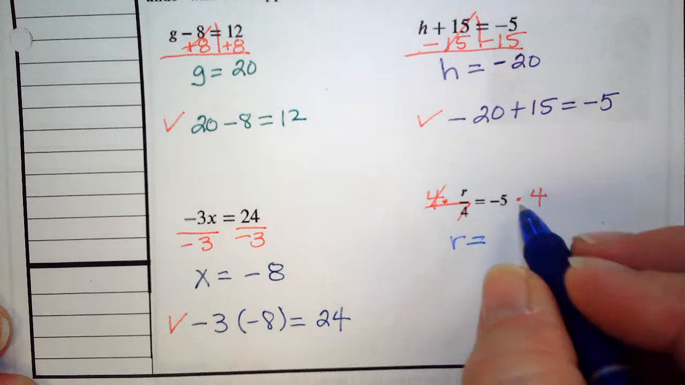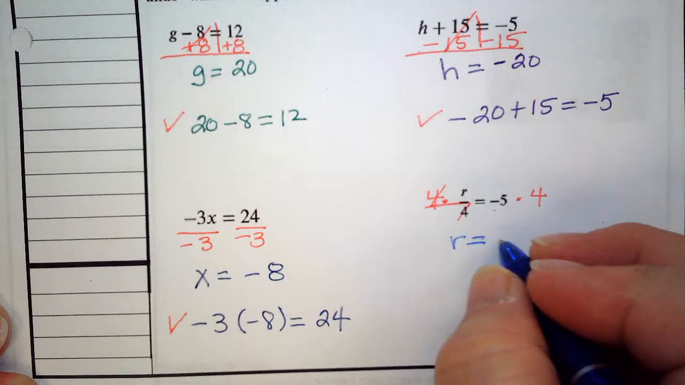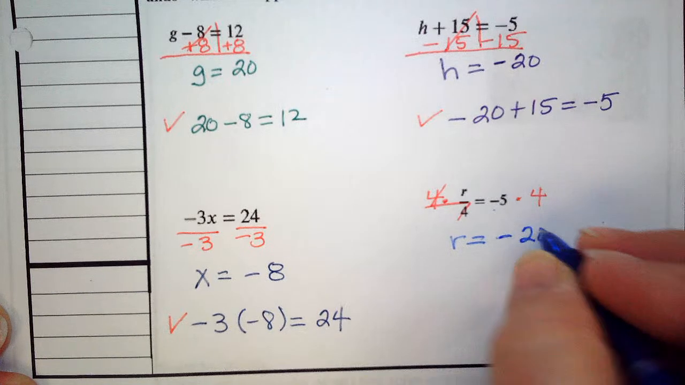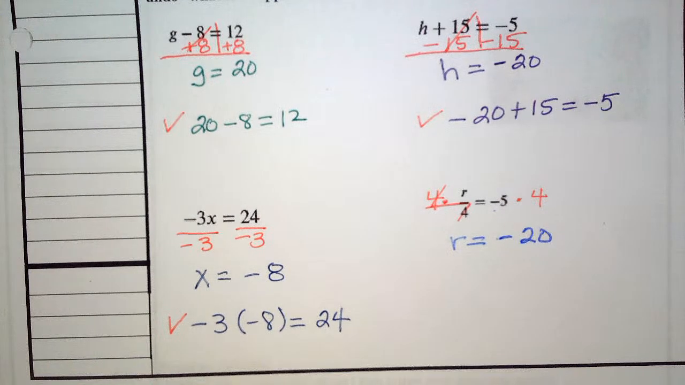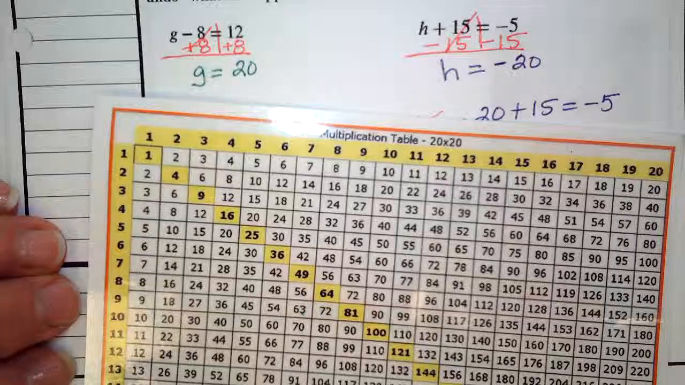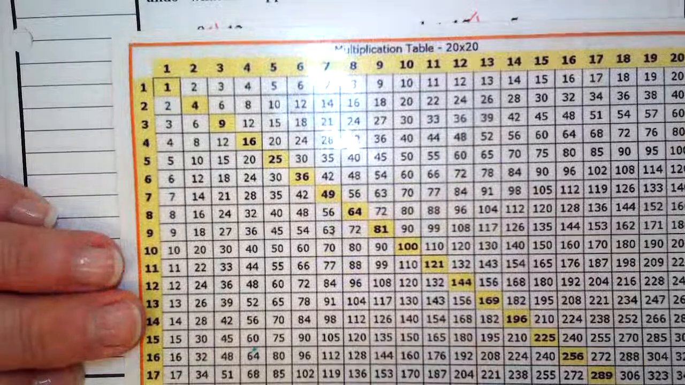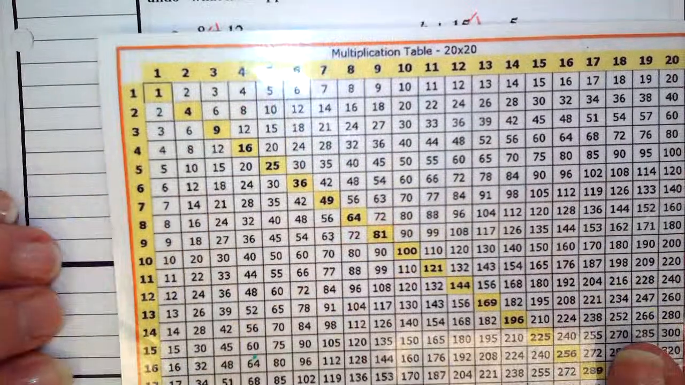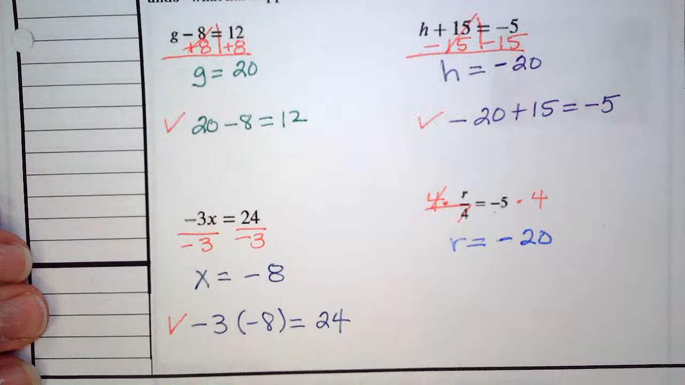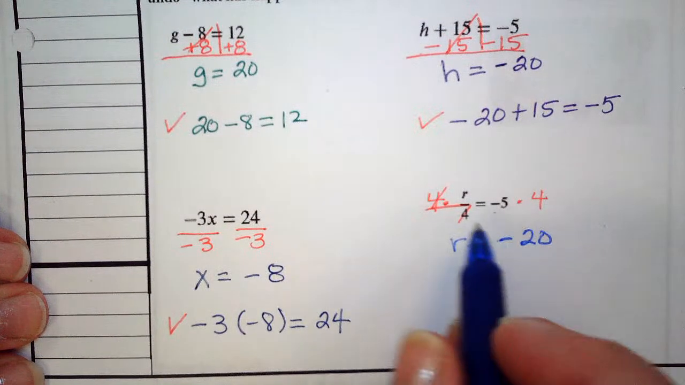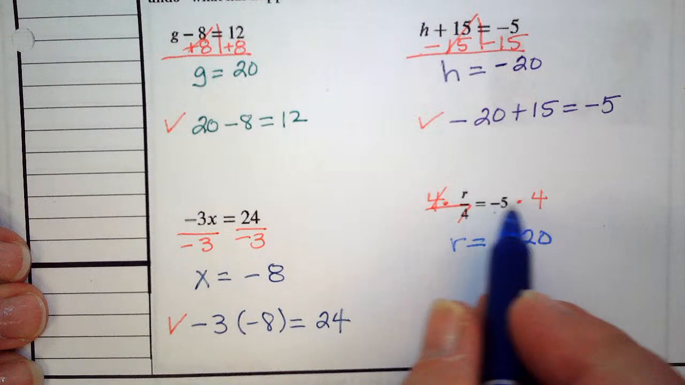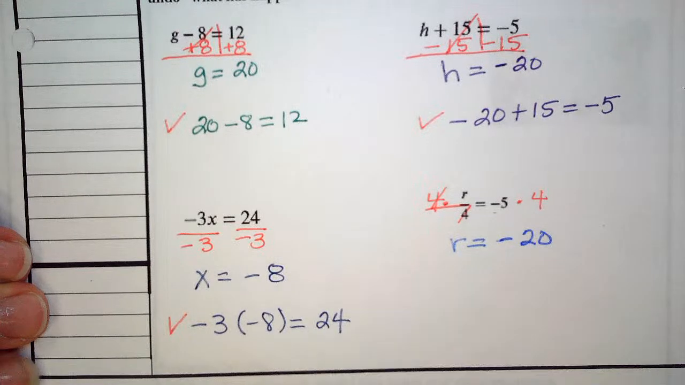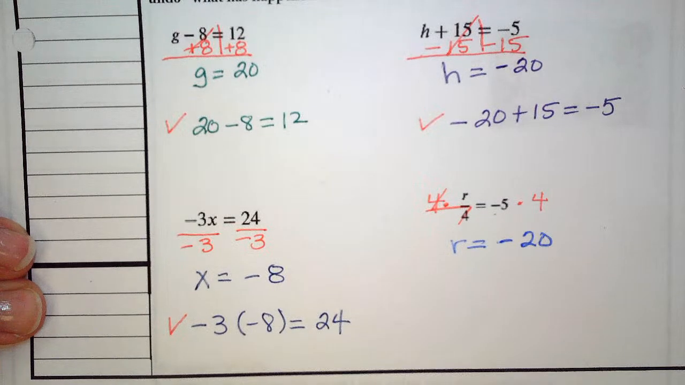R is equal to -5 times 4, which is -20. Once again, if you have difficulty with your multiplication table, I'm looking at 4, I come over to 20 and go up to 5. So 4 times 5 is 20. I've got a positive times a negative, and that gives me a negative. If I'm going to check,